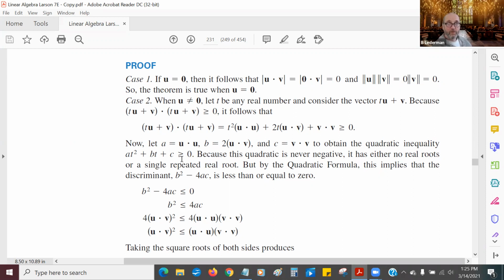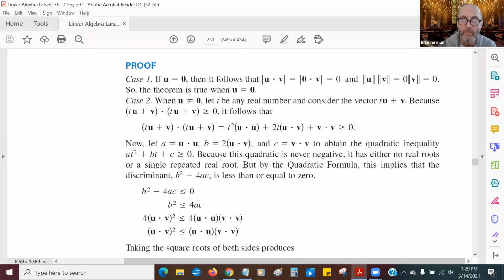Now, to simplify this a little bit, we're going to call u dot u A, the 2u dot v we're going to call B, and v dot v we're going to call C. And we want to obtain a quadratic inequality, at squared plus bt plus c is greater than or equal to 0. Because this quadratic is never negative, it either has no real roots or a single repeated root. By the quadratic formula, that implies that the discriminant, b squared minus 4ac, is less than or equal to